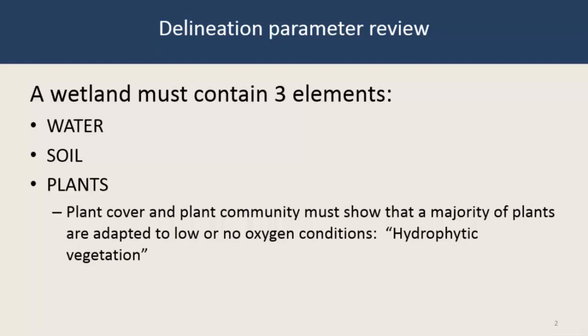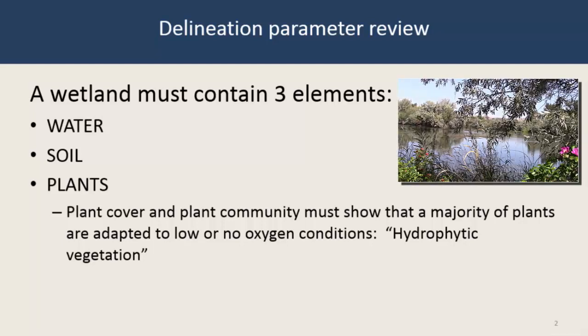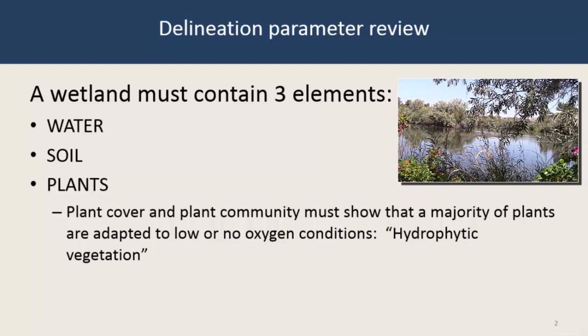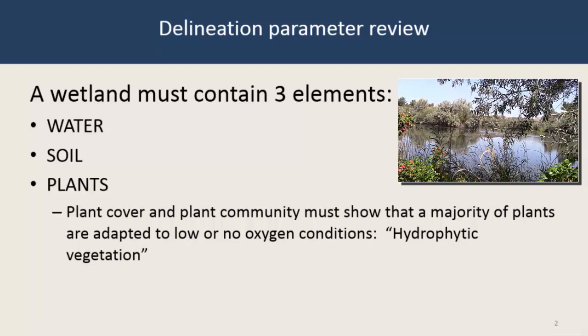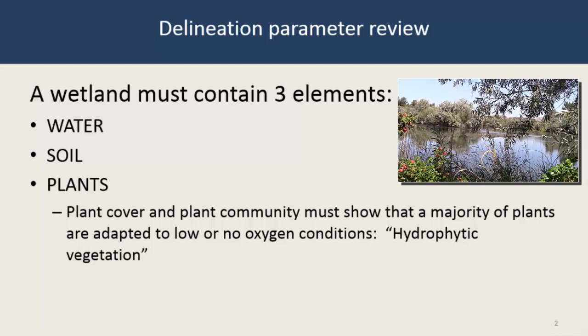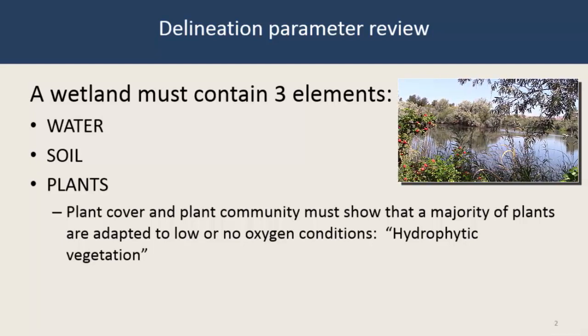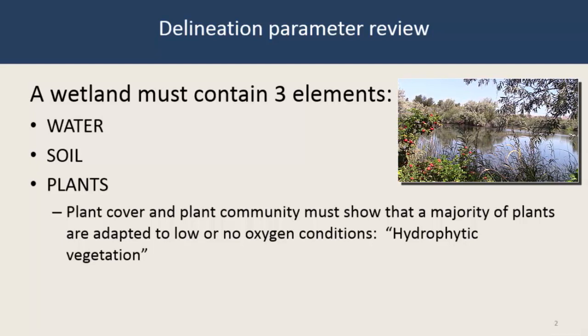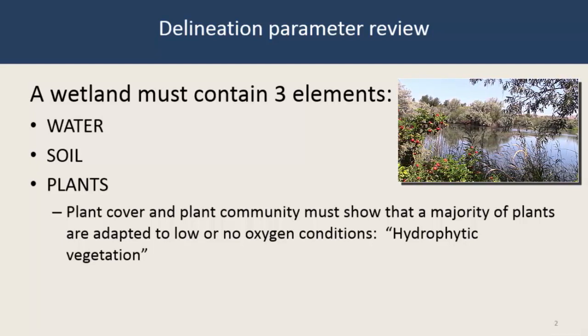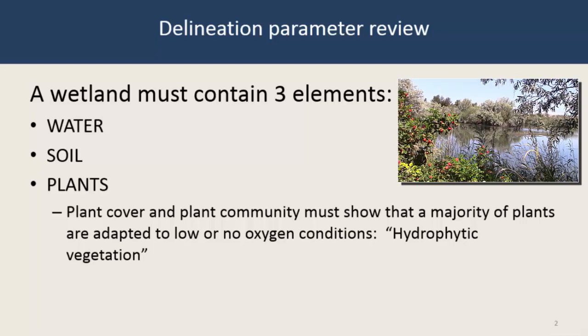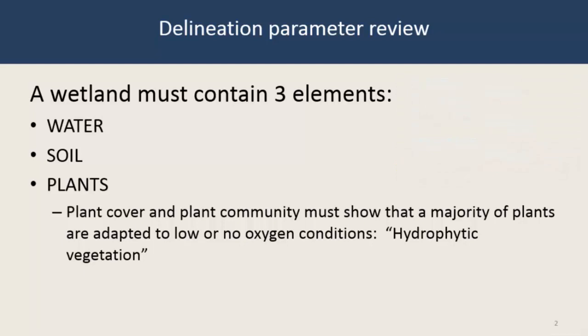that are needed to show that an area is a wetland. There must also be soil present that has been altered by water. The soil and hydrology requirements are described in other segments of the educational series. To satisfy the plant requirements for an area to be called a wetland, the majority of the plants must be water-loving plants, or hydrophytic. The methodology that you use to determine whether or not the vegetation component is met is the same for both eastern and western Washington, just the plants you are working with are different.